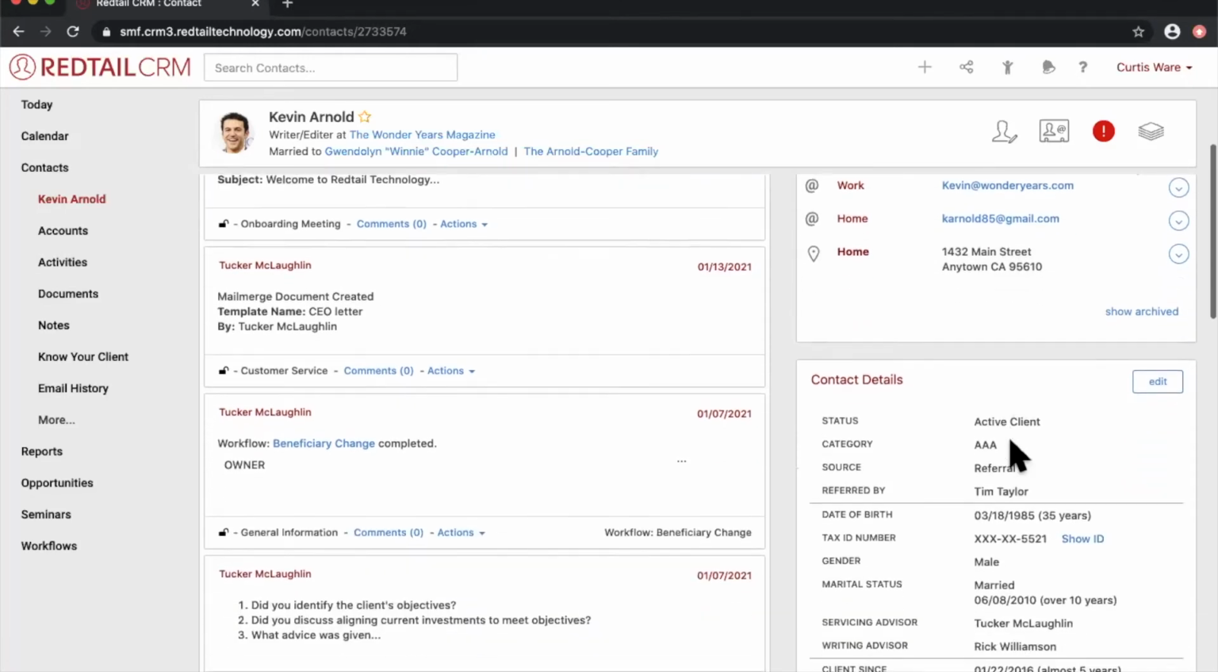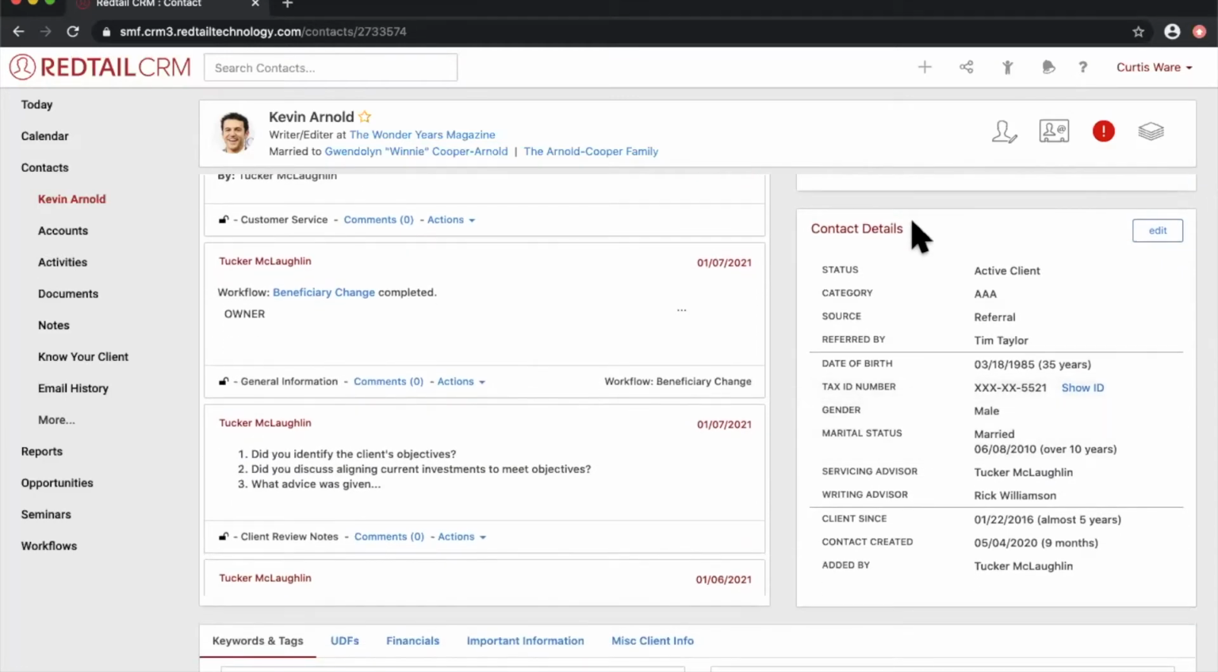Below the contact card, we have the contact details box. In my opinion, this is probably the most important section of the contact record past the actual name of the contact. The reason I say that is this actually tells you why the contact record is in your database. So looking at this list in contact details,